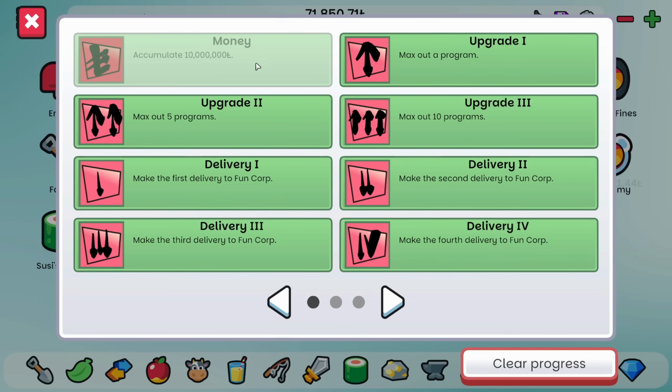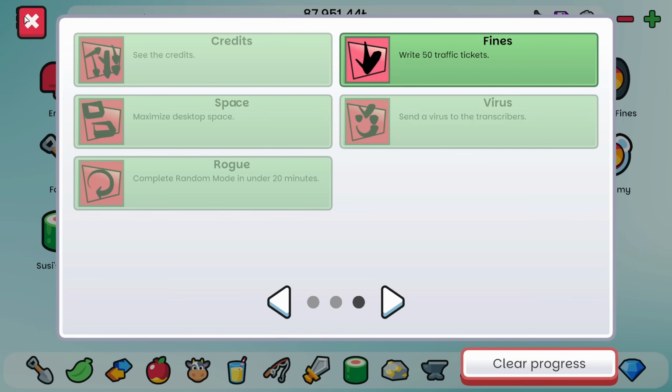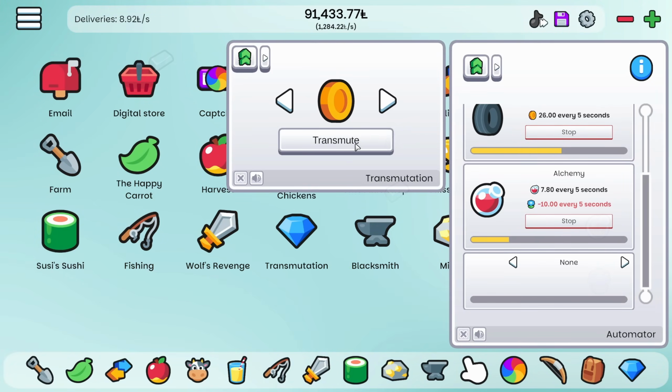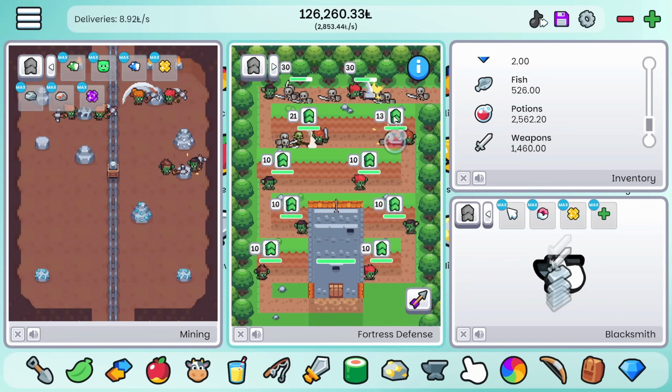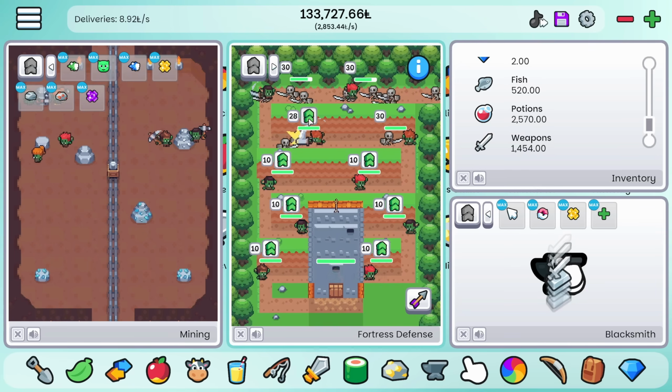Achievements here: accumulate 10 million money, reach rank 1 in the chessboard, reach the end of Wolf's Revenge, end with the bad ending, complete Fortress Defense, end with a good ending, make the 6th delivery to Fun Corp, see the credits. Okay, there's clearly a little bit more to be done, but I'm thinking that we're pretty much there. It's just a case of nabbing ourselves the sweet 2 million coins in order to officially call it